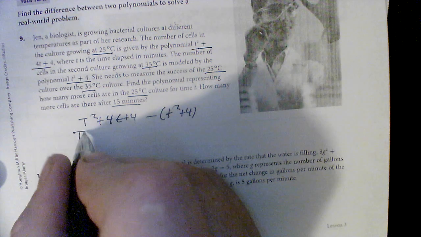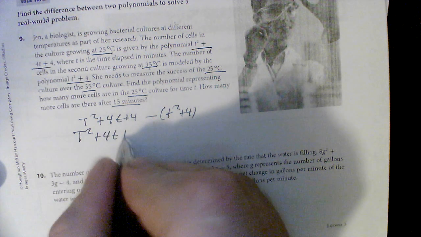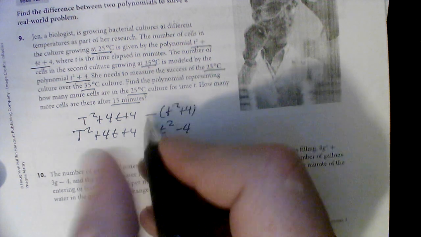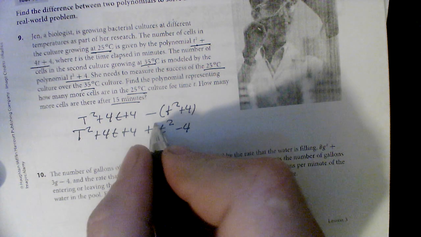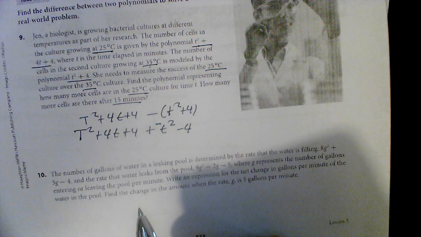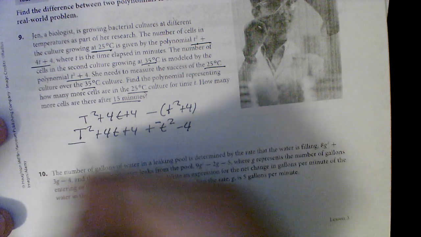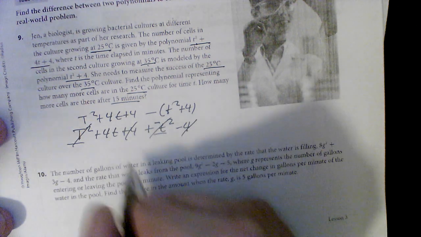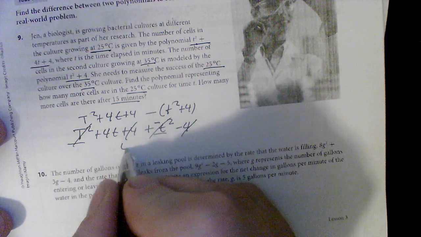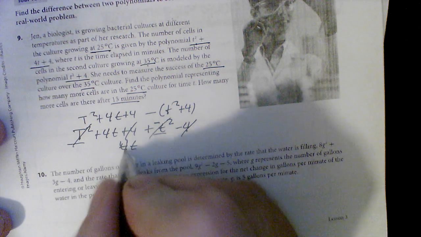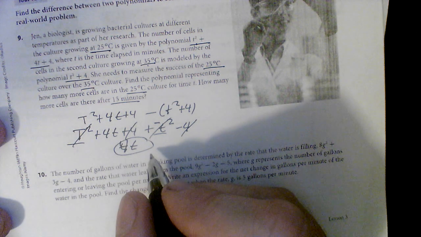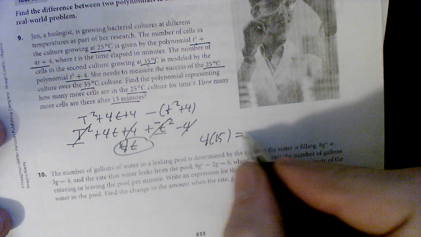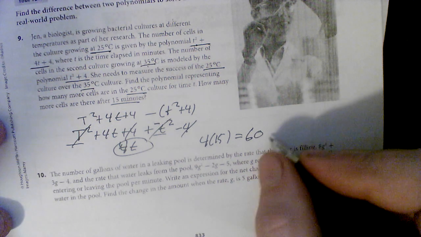All right. Gives me t squared plus 4t plus 4 minus t squared minus 4, right? We distribute that through, or you could say plus a negative t squared minus 4 is what we probably should do. This is t squared and t squared, they cancel out because they're opposite signs. And this 4 and this negative 4 cancel out. Really what that leaves me is just 4t, not 40, but 4t. So my answer would be 4 times 15 if I use 15 minutes, which is 60 more. There are 60 more